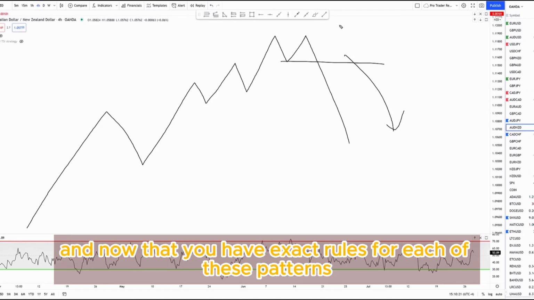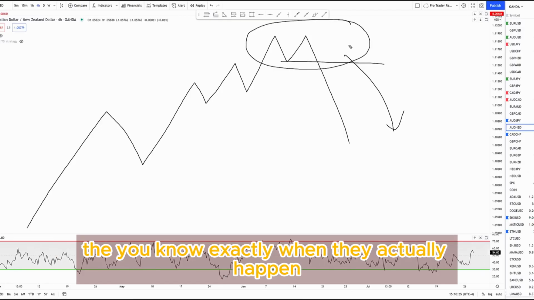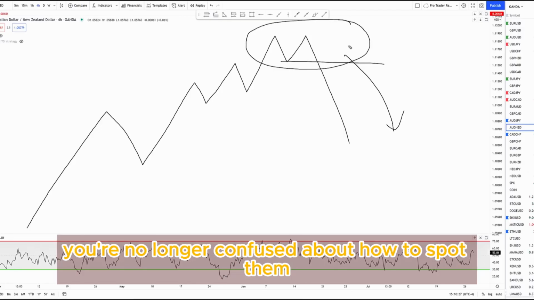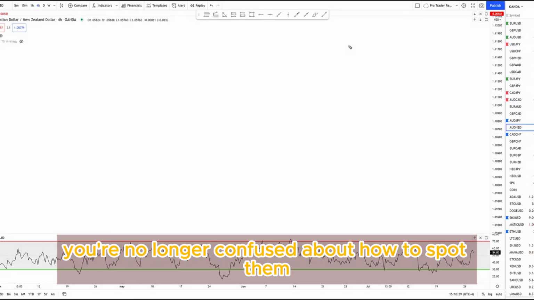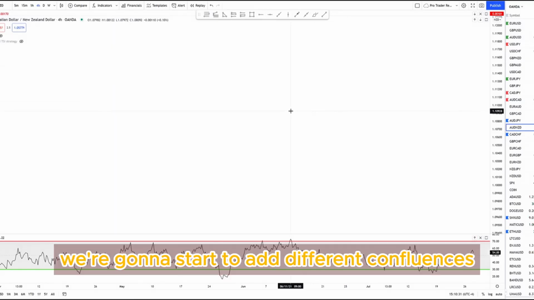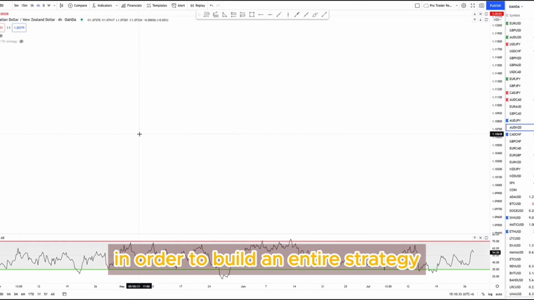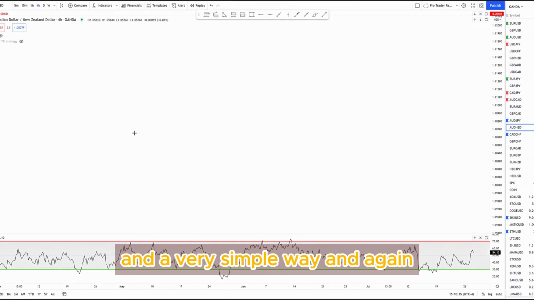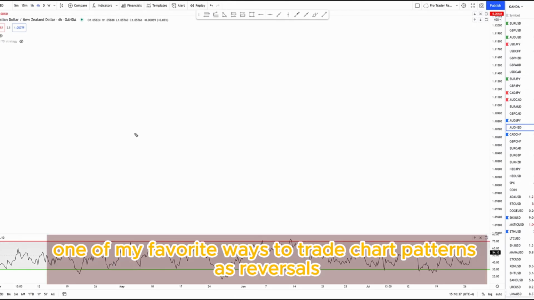And now that you have exact rules for each of these patterns, you know exactly when they actually happen. You're no longer confused about how to spot them. We're going to start to add different confluences in order to build an entire strategy. And a very simple way, and again, one of my favorite ways to trade chart patterns as reversals is by